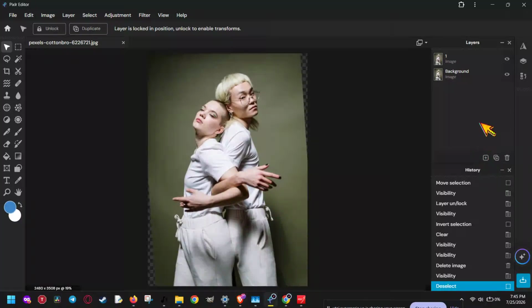Today, I'm going to show you how to add noise in Pixlr quickly and easily using a simple built-in effect that can add grain, texture, and a more stylized look to your image. This is a great technique if you want to make a photo feel more cinematic, vintage, or a little less